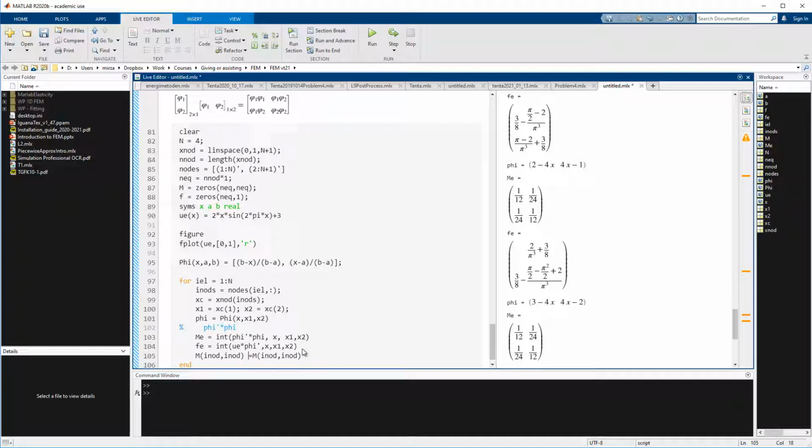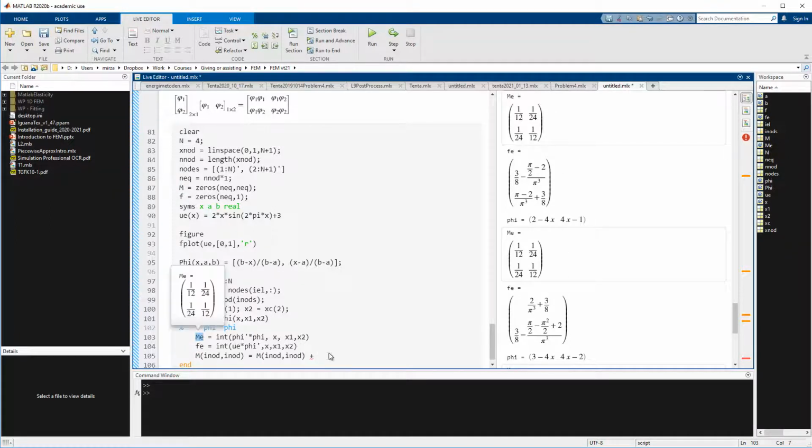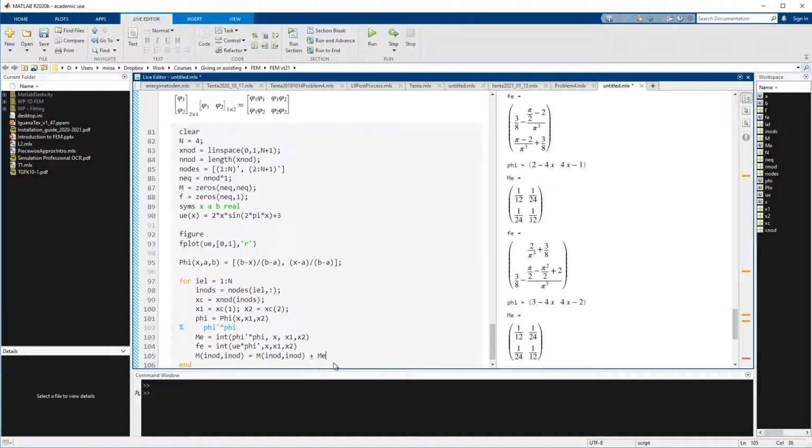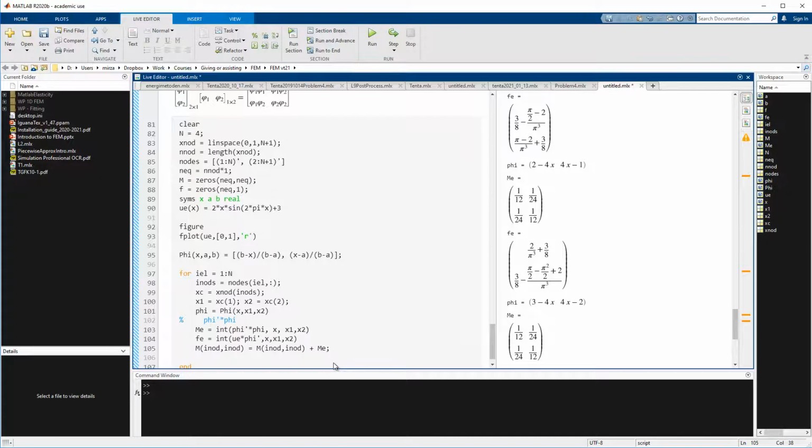In the first element, of course, it's just going to be zeros, but then we will actually have stuff in there, and we're going to add ME on top of that, and this is called assembly. So again, you don't need to understand this fully now, we'll get to this later. Just watch me doing this way. F I naught plus FE,